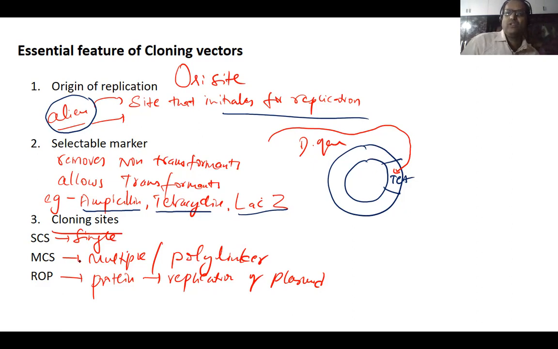Now the question is, will only one gene be introduced into that particular vector? Can we carry only one gene? No, it's not like that. We can carry many genes, because there will be multiple cloning sites, MCS, or we call it a polylinker. There will also be a single cloning site. Basically, a single cloning site is an easy procedure, whereas a multiple cloning site can also be carried, but it is a little complicated and the procedure becomes a little harder. That is what MCS means. What is ROP? ROP is the region where replication of the plasmid occurs. Right, now these are the three different features that we need to understand in the case of cloning vectors.